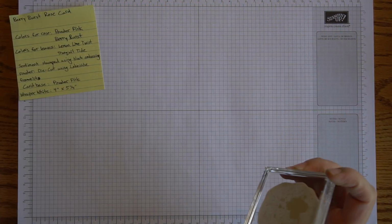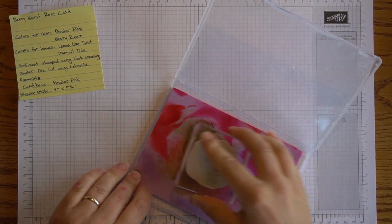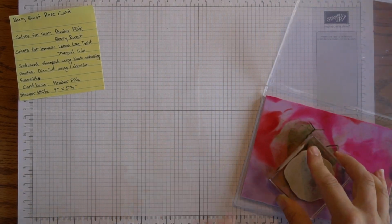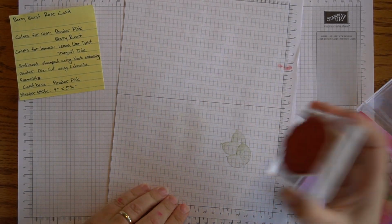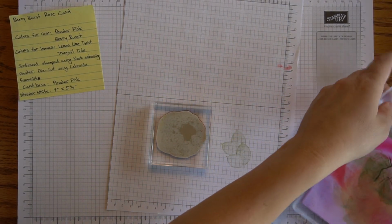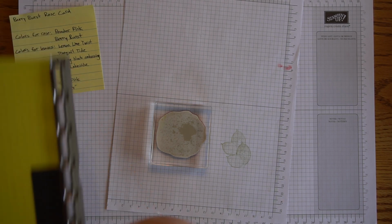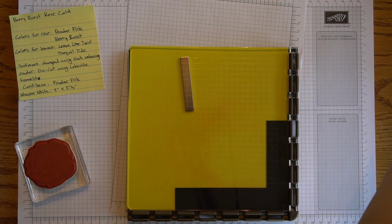I will, of course, I need to go ahead and clean this really well because we're switching colors. I definitely don't want to mix those colors together. It's very different. So yeah, my stamp is very clean now. And I'm going to now bring in the Stamparatus. All right, so here we go. And with this one, I'm going to